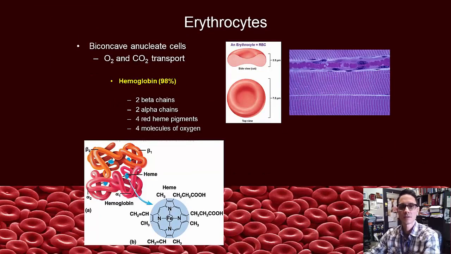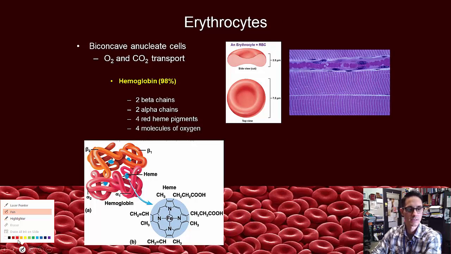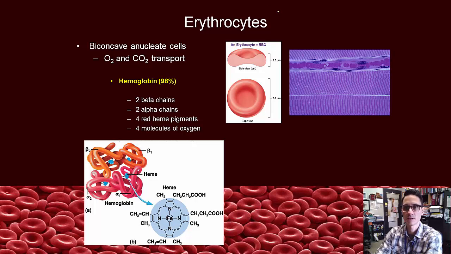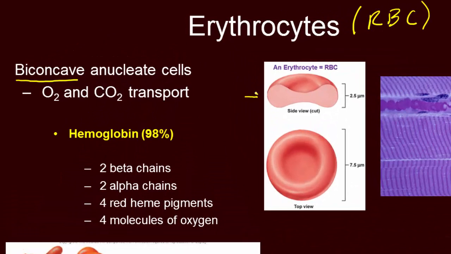We're going to start out with talking about red blood cells, or erythrocytes. Just to remind you, erythrocytes means red blood cell. It's the same thing. So first of all, let's take a look at these cells. What do they look like? Well, they are biconcave. You can see the shape here in the top part of this image,